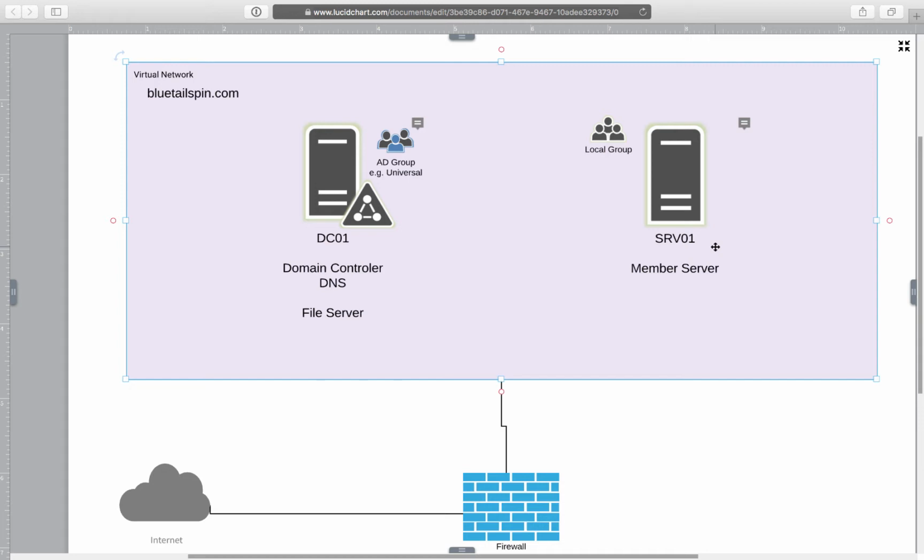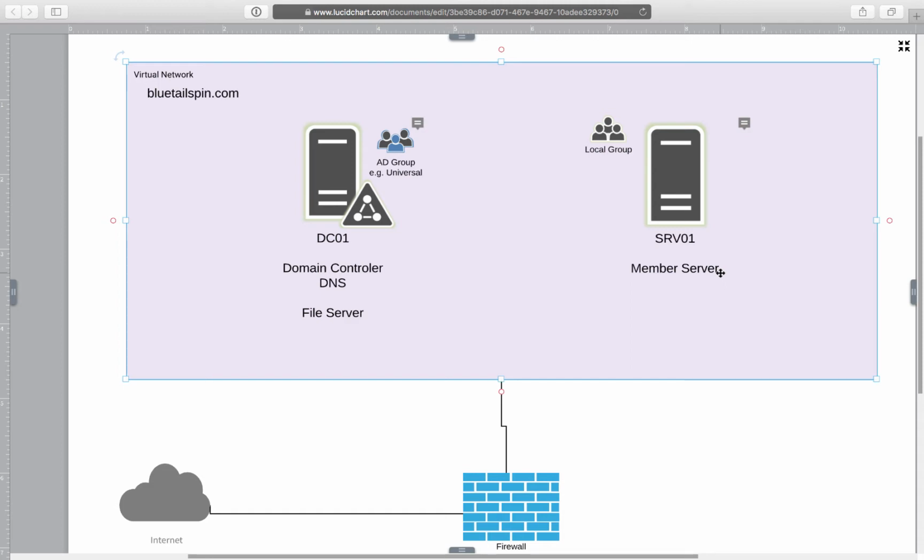We would like to manage both of those servers, and we would like to log on to server01 with standard users, because we'll be performing various different tests. By default, only administrators can log on via RDP to the server. So I'm going to show you what changes we need to make on server01 to allow everyone